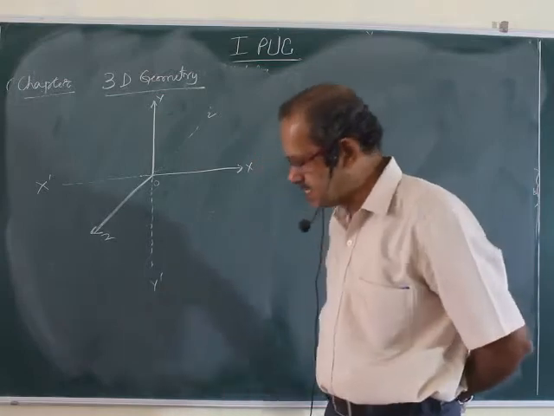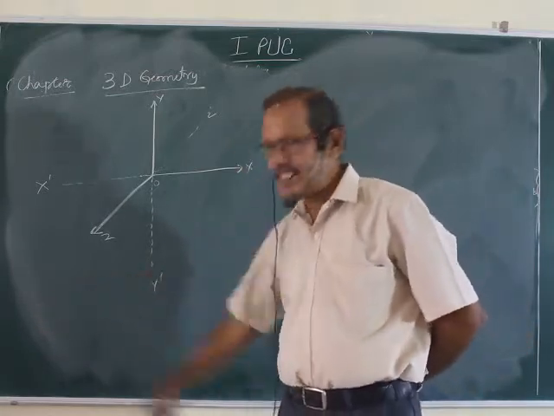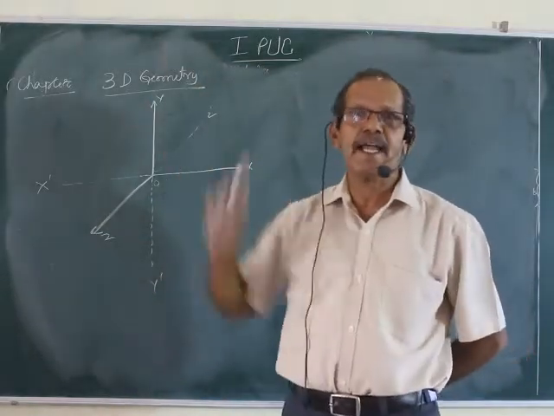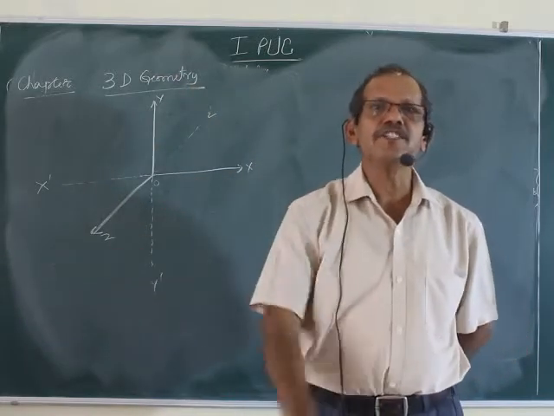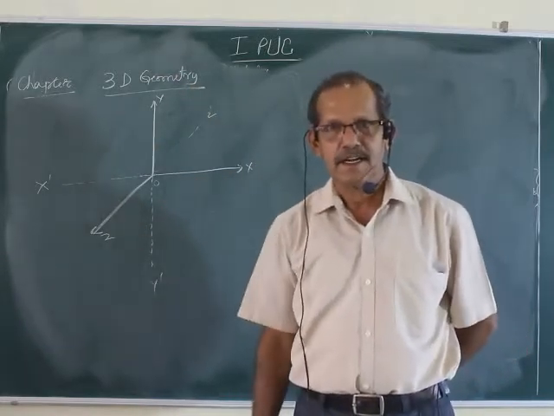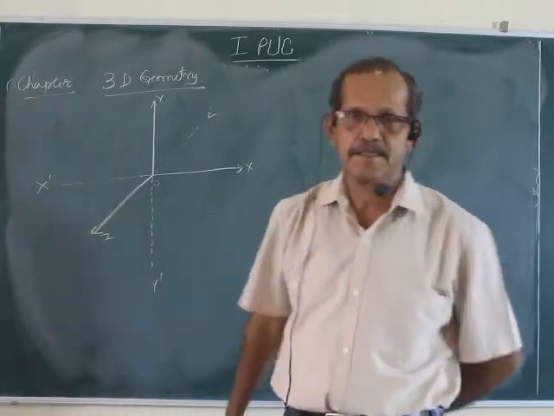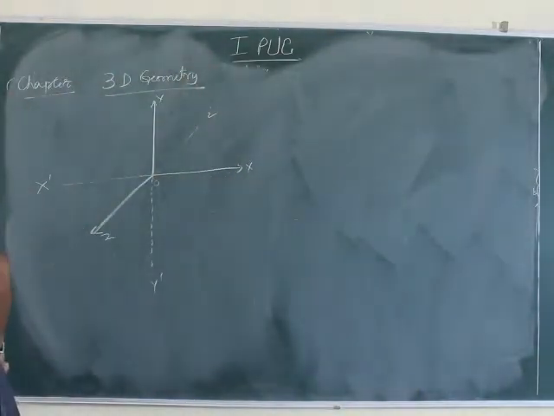This is the x-axis. From that corner to this edge is the x-axis. From the corner to vertical it is the y-axis. And from there to that side it is the z-axis. X-axis, y-axis, z-axis. Consider any point. This is the point.